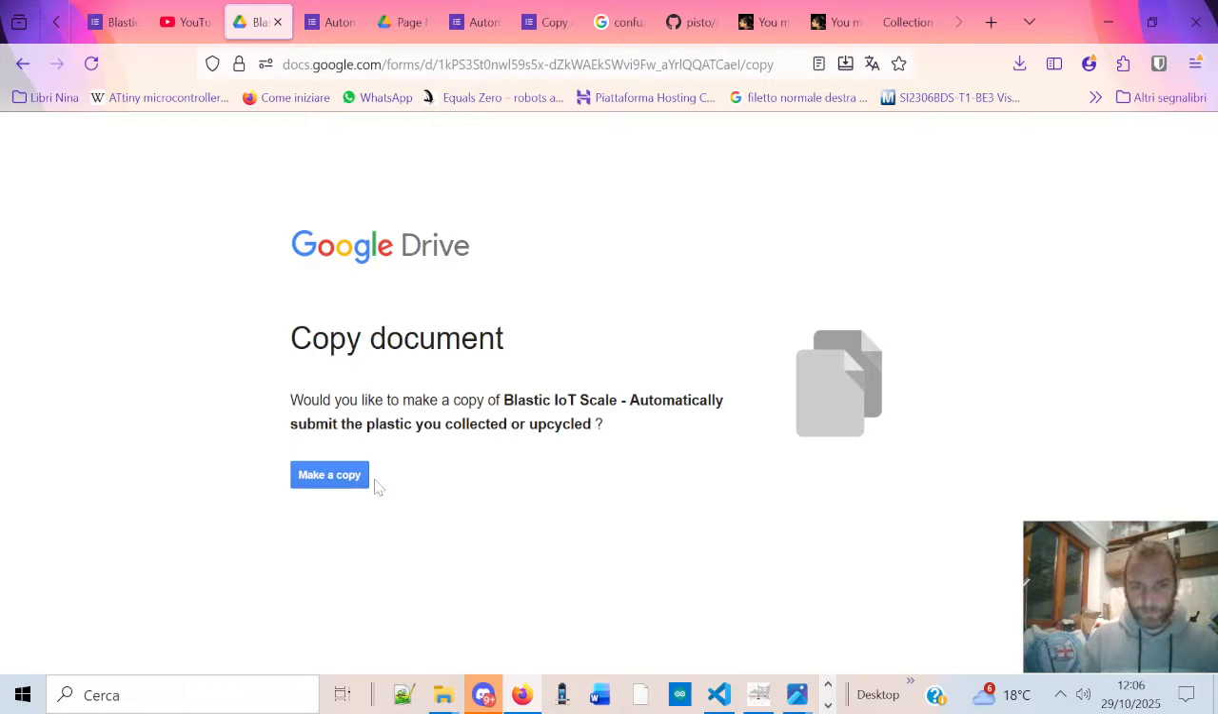And we will need to extract the right configuration of your copy and upload it to the scale to have it all linked in a functioning device. So let's click make a copy,